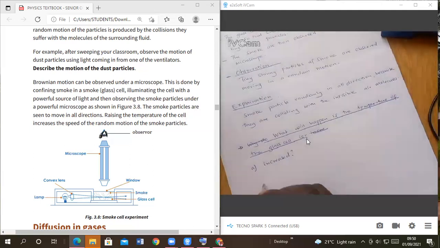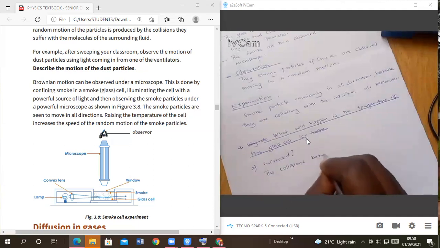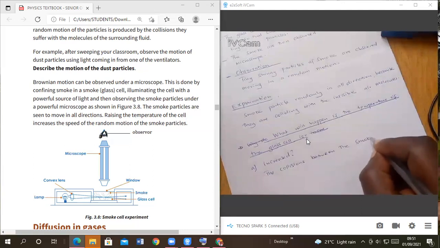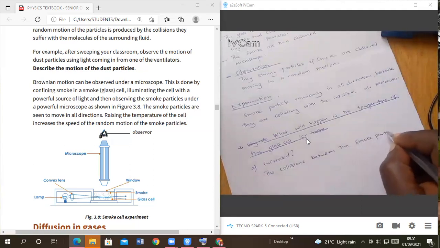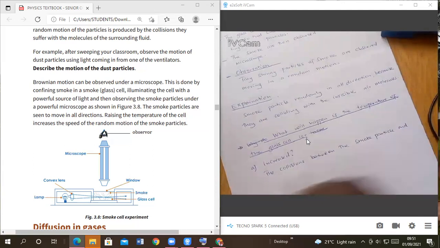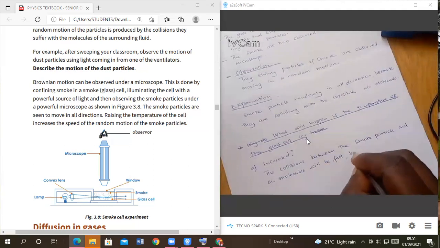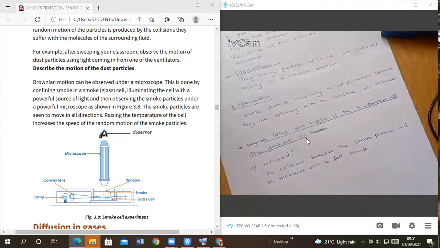Let me first write that. The collisions between the smoke particles and air molecules will be faster. Because